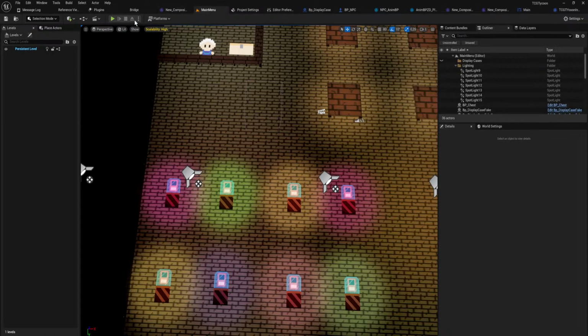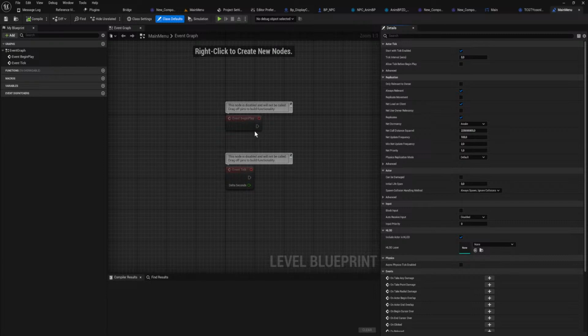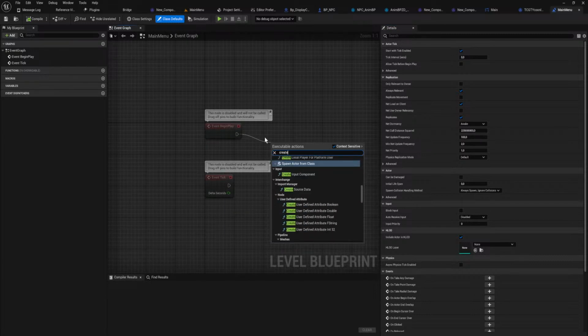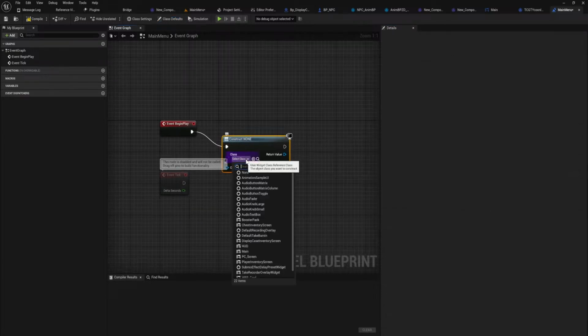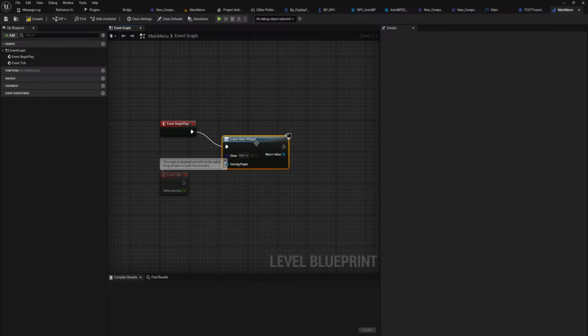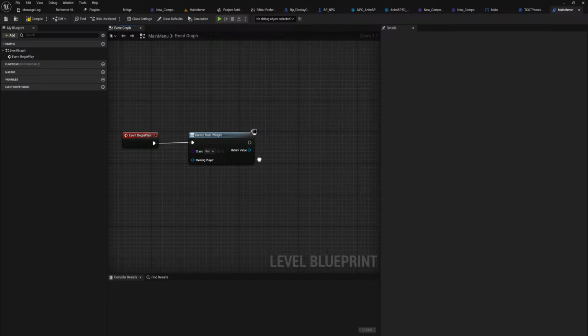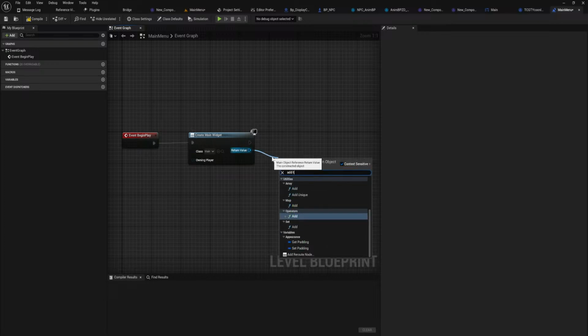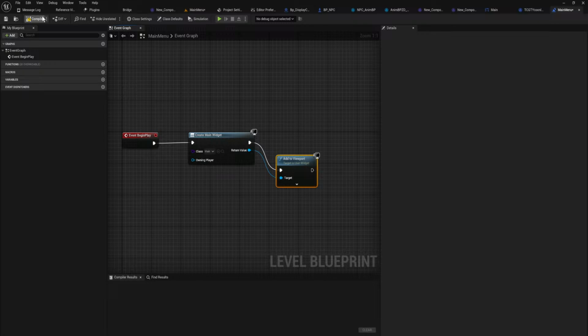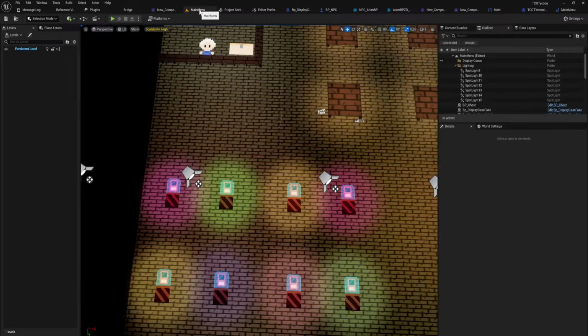Then in the main menu, we just add this to the viewport on begin play. So we have this level blueprint, begin play, we create a widget, main menu. And now our pause menu also needs to be able to have us go back to the main menu and have a proper save button, but we'll look into that in a moment. Yeah. So we add to viewport. And in theory,